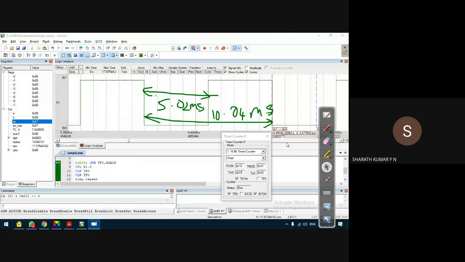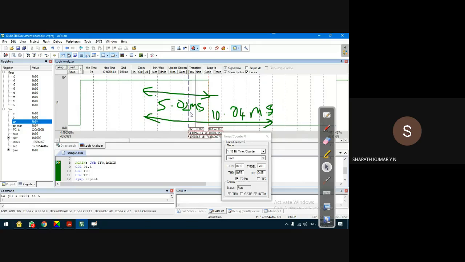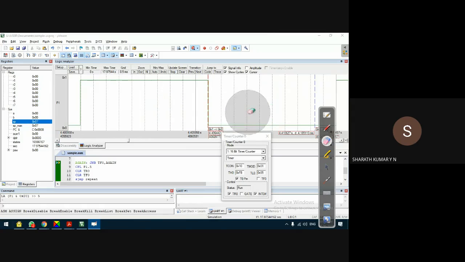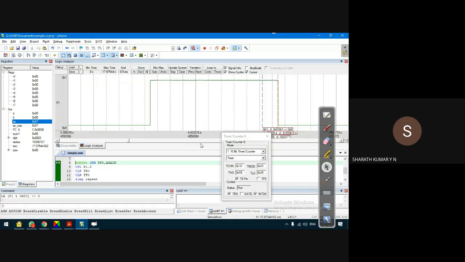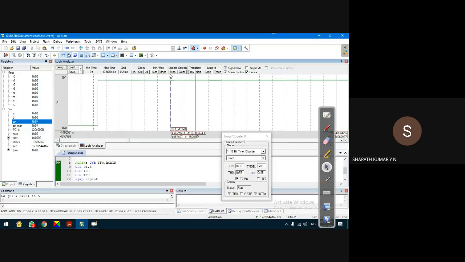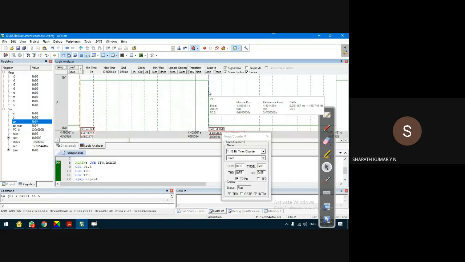As I said, it all depends on how we place the mouse, because I'll try this again. There are 2 more minutes. Somewhere here I need to place it. If I zoom in again, I think it is giving a bigger one. Oh no, it is not fitting within the window. This should be okay. Starting from somewhere here to somewhere here, oh yeah, it is again giving 5.02 milliseconds, slightly more than 5 milliseconds.